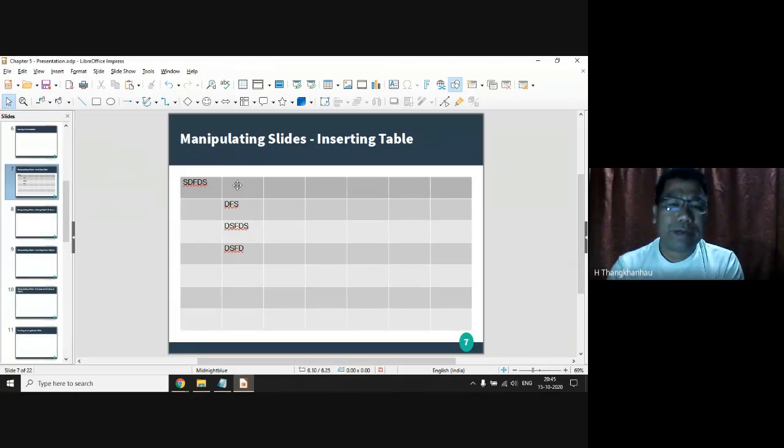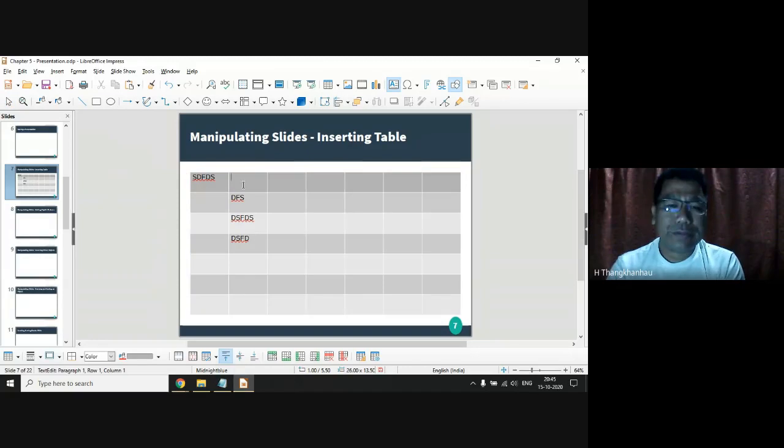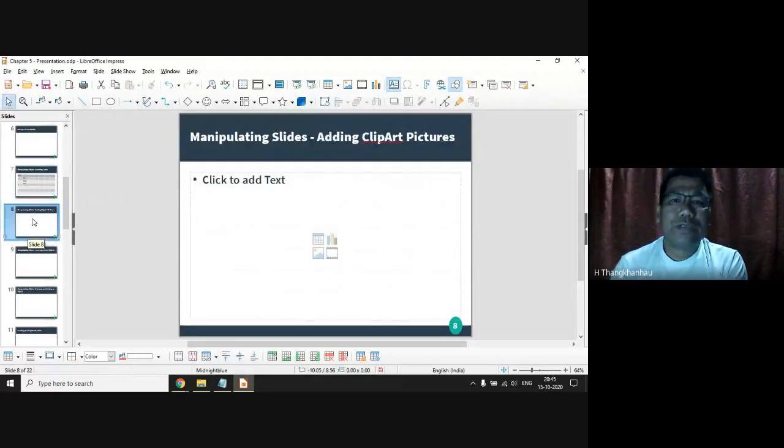While you are writing, you can go to next cell by pressing tab, but formula cannot be used in this LibreOffice Impress. All right. Then let's go to the next one,